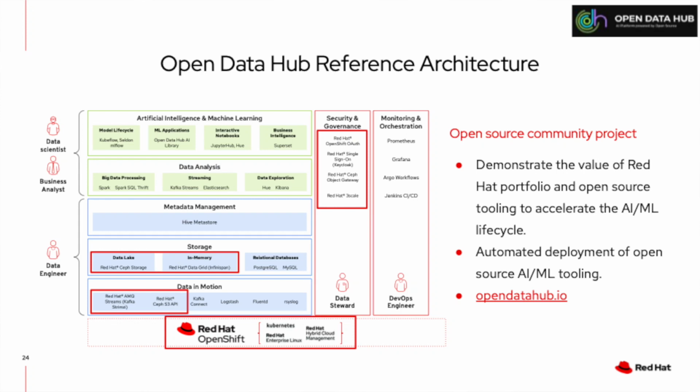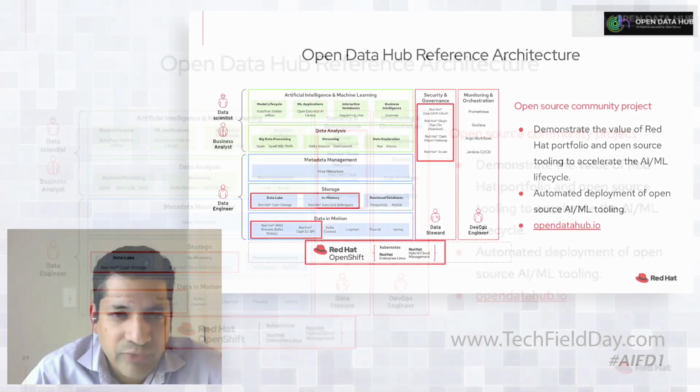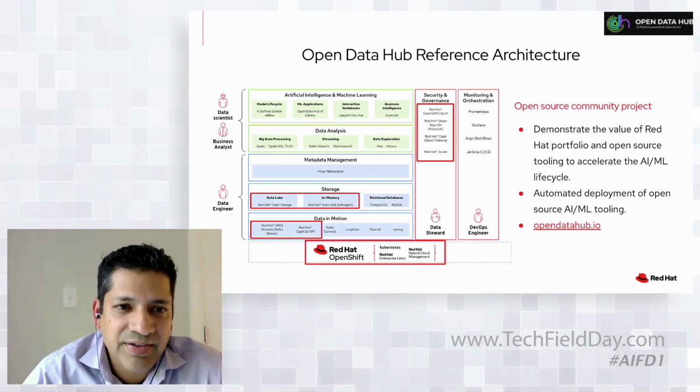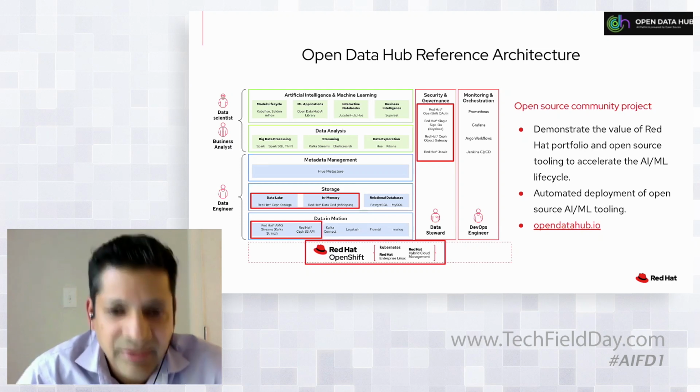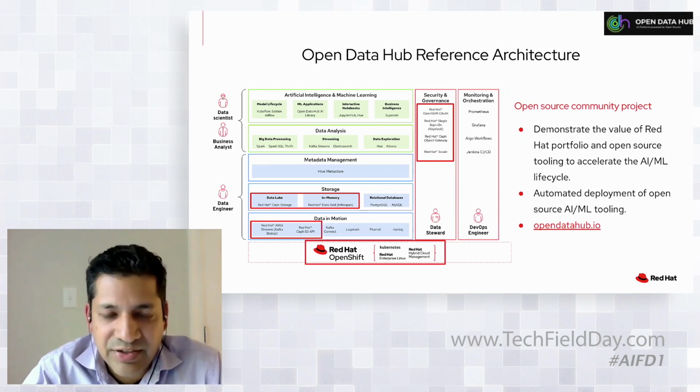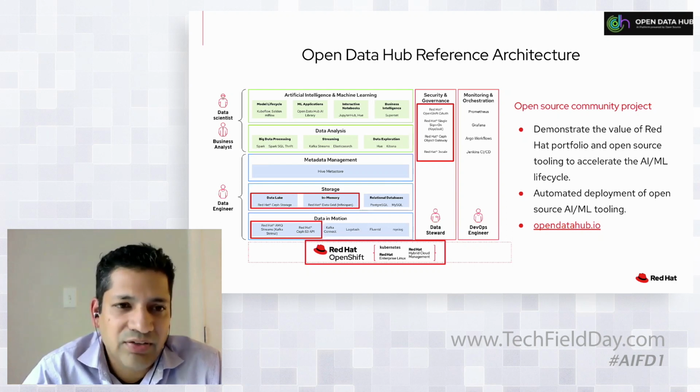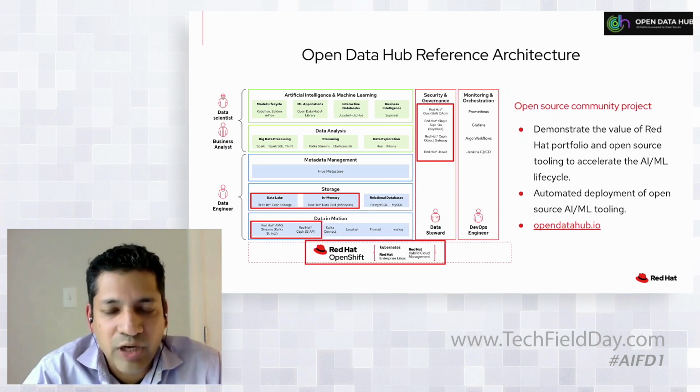I don't know if you can read all the labeling on the picture on the left, but this is a double click on the conceptual architecture that Tushar introduced a few minutes back. These are the different capabilities that the data scientists need, the data engineers need, the IT operations need, the DevOps engineers need, and so on. So what we have done is build out a reference architecture that's based on a full open source solution. A lot of these capabilities are coming from the open source communities, and the things that you see highlighted in red here are the Red Hat supported products.